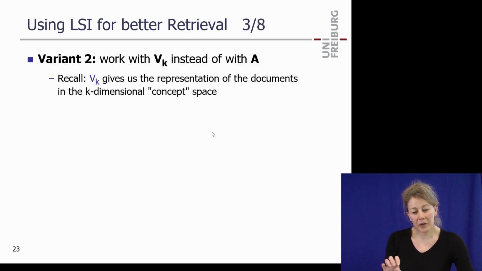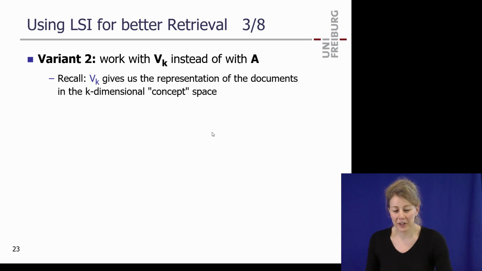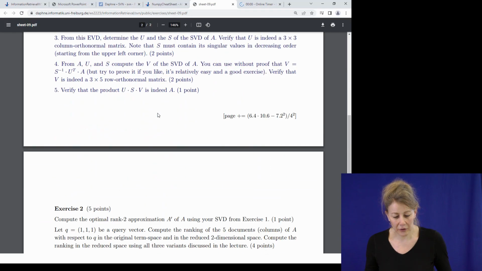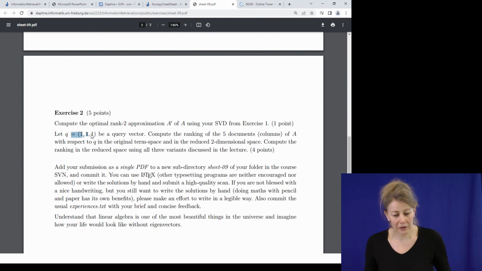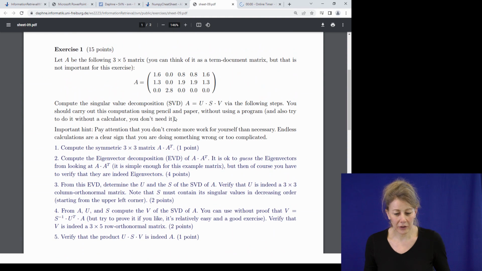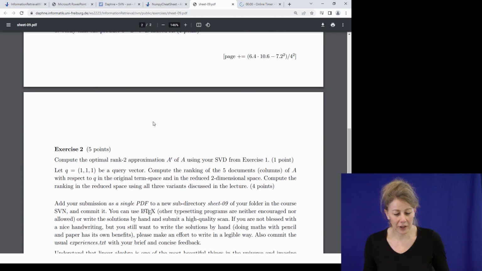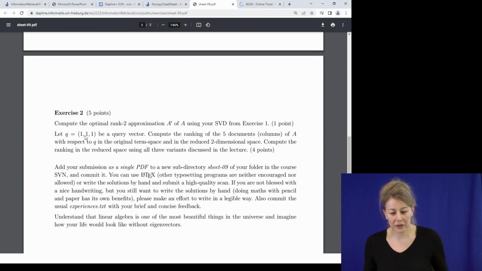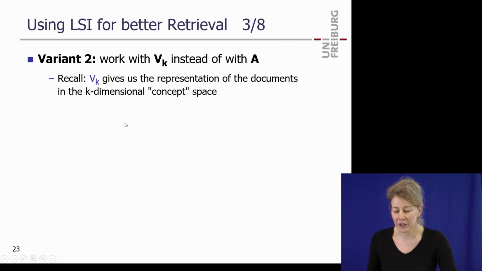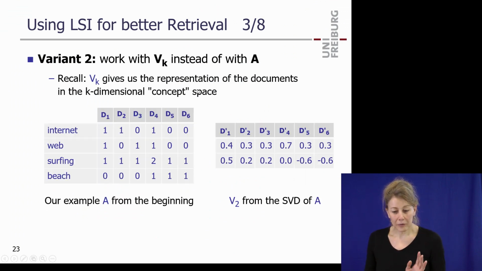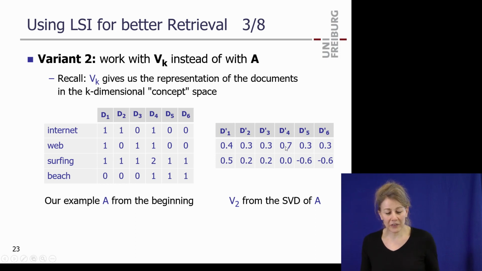And this is also something for the exercise sheet. You will just do it by hand, all 3 variants, just to check that it really works, that the same thing comes out. That's the second exercise. You just get a query vector here, a very simple one, 1, 1, 1. This has 3 terms, this matrix, and now you just compute similarity scores according to the 3 variants, which I quickly explain now. So, this matrix here, this V matrix,